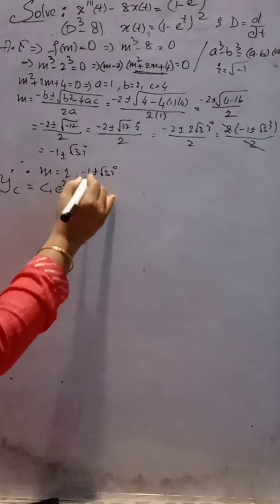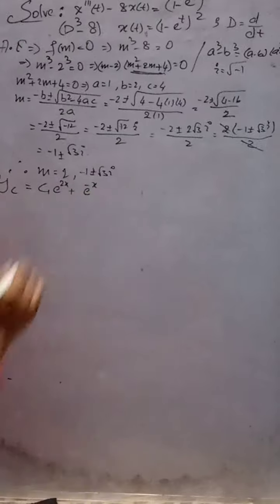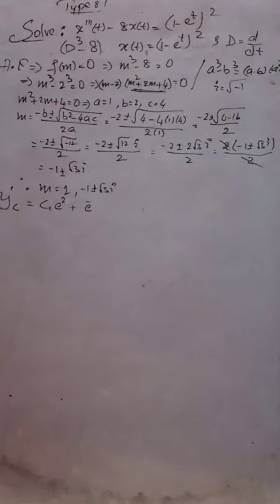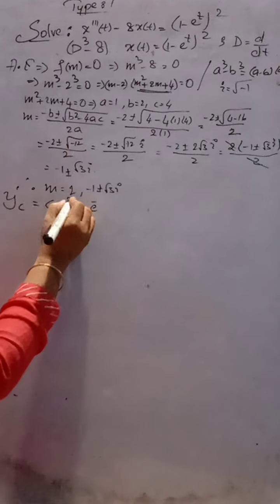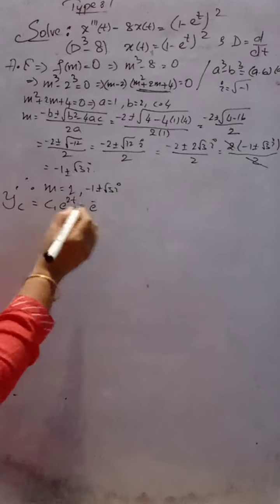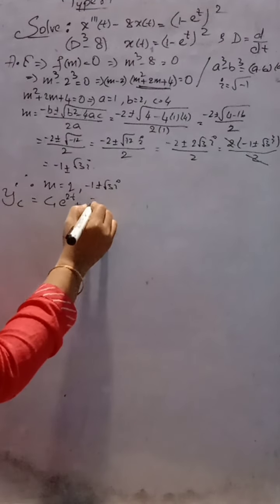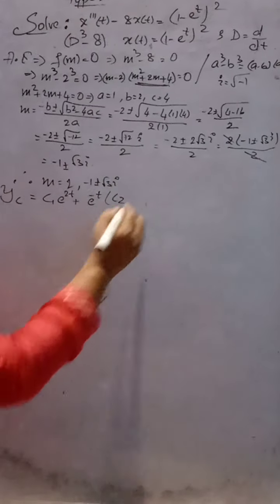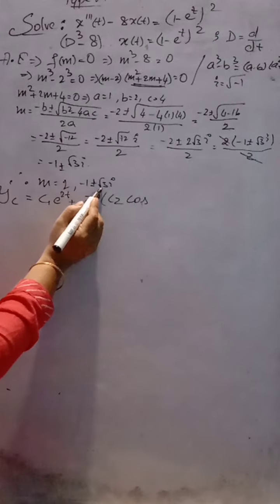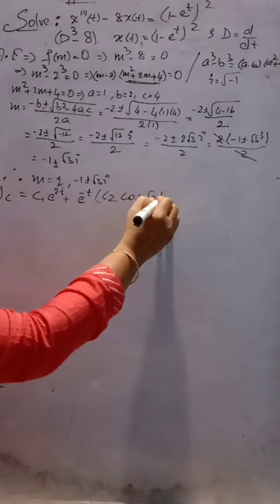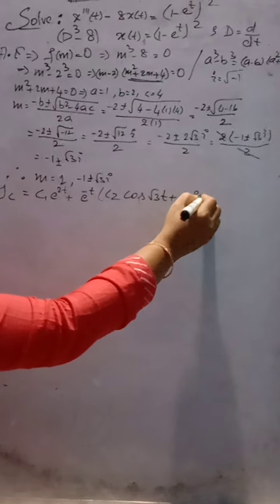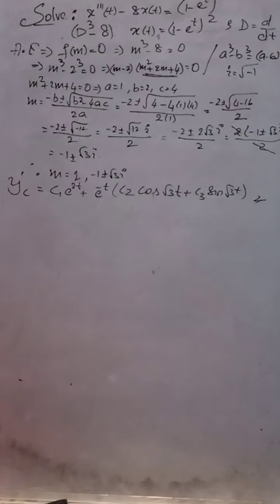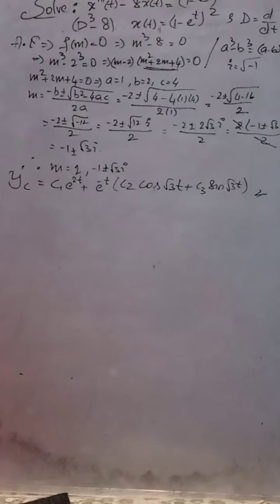So we have e to the power minus 1x, which is minus x. Oh, sorry, instead of x, what is x replaced by here? X is replaced by t. Okay, so I am supposed to write it in terms of t. So here c1 e to the power 2t, and here e to the power minus t, because minus 1t is going to become minus t, into c2 cos, we have to consider the imaginary part, that is root 3t, plus c3 sine root 3t. Okay, so this is our first part of the solution given by complementary function.